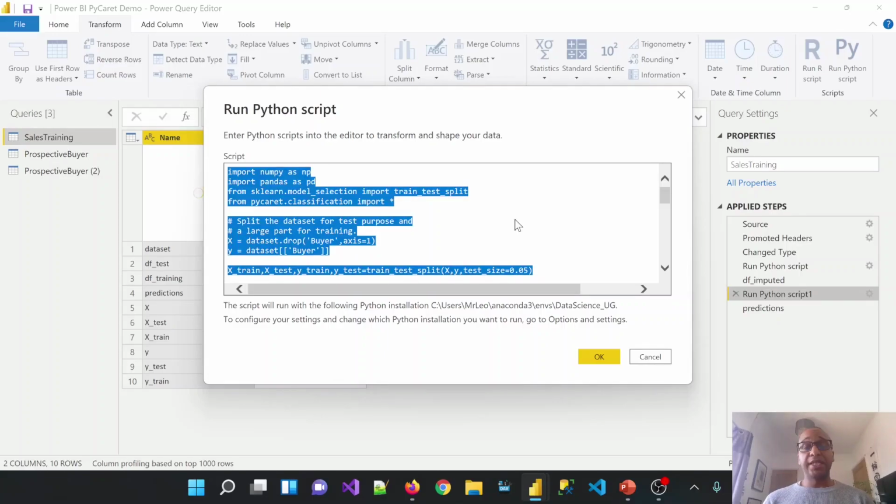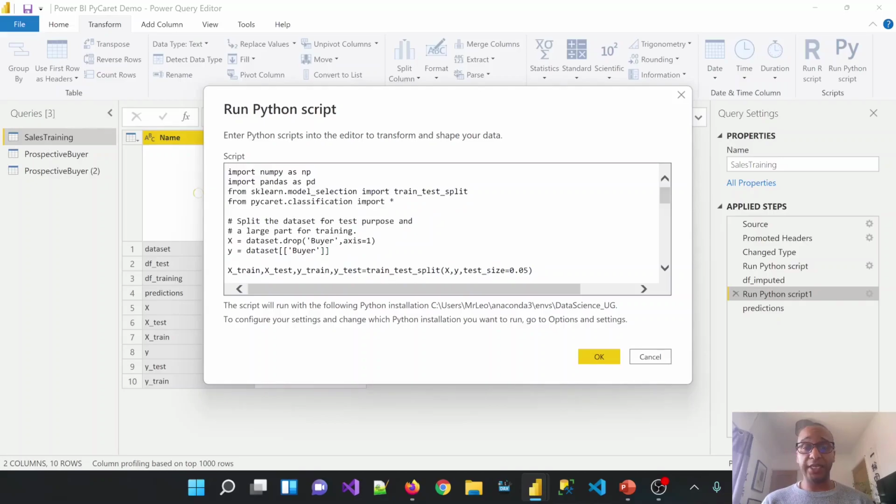Now in this example, what we're doing is exactly what we did using AutoML. So we're building out our machine learning model in Python and basically running our predictions based on the underlying data set that we're passing through. So this is our historical customers, and whether they're a buyer or not, we're looking to predict whether that's actually true or not. So when you press OK, it will go ahead and run this script. Now we know that this might take a bit of time due to the fact that we were able to adjust the AutoML within the Power BI work surface down to 5 minutes. And so what I'm going to do is just go ahead and cancel this